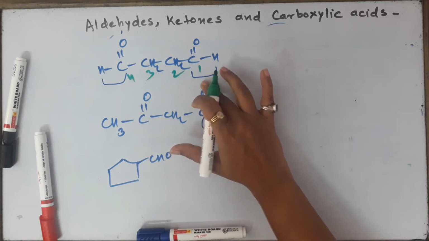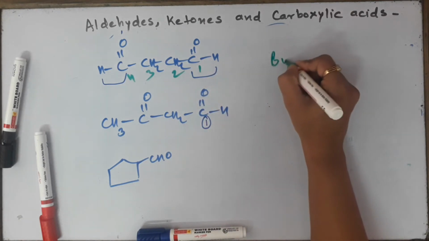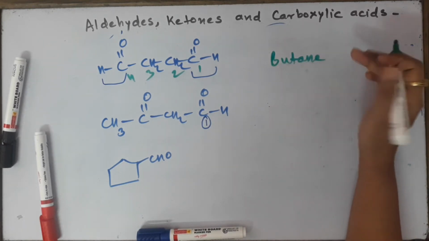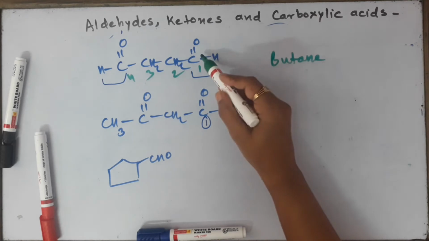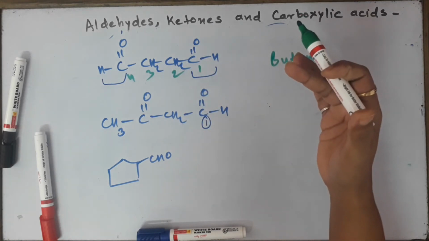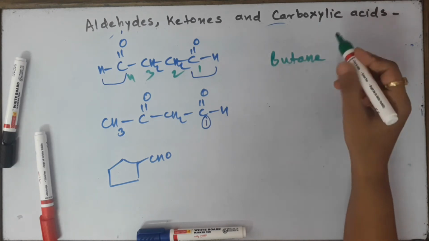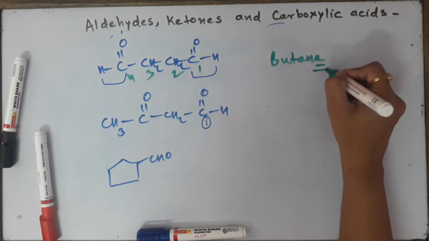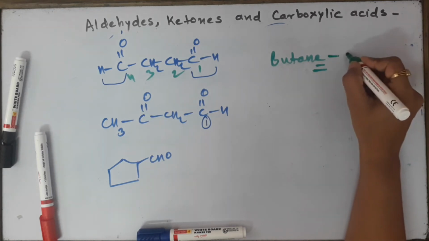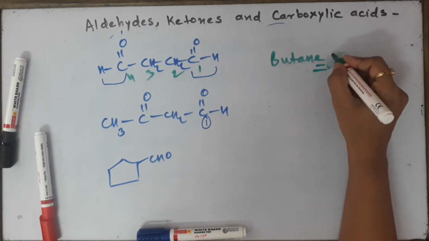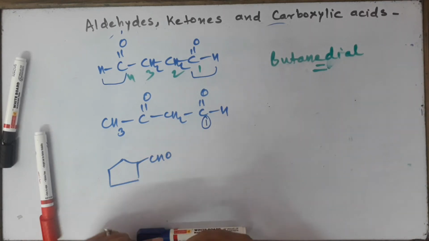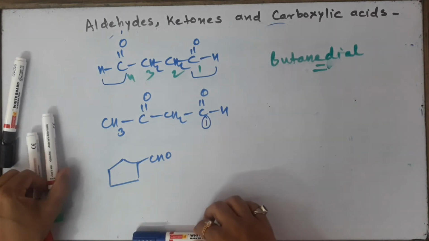Now it's a derivative of butane because there are 4 carbon atoms. So I'll just say you're a derivative of butane. Right now I'm not going to knock out the E because it's containing 2 CHOs. So whenever you have the same functional group 2 times, 2 or more than 2 times, then you are not going to remove this E. Okay, so here you're going to write butane dial. There's no need of dash also, you'll just say butanedial. So when there are 2 aldehydic functional groups, then you will call it butanedial.